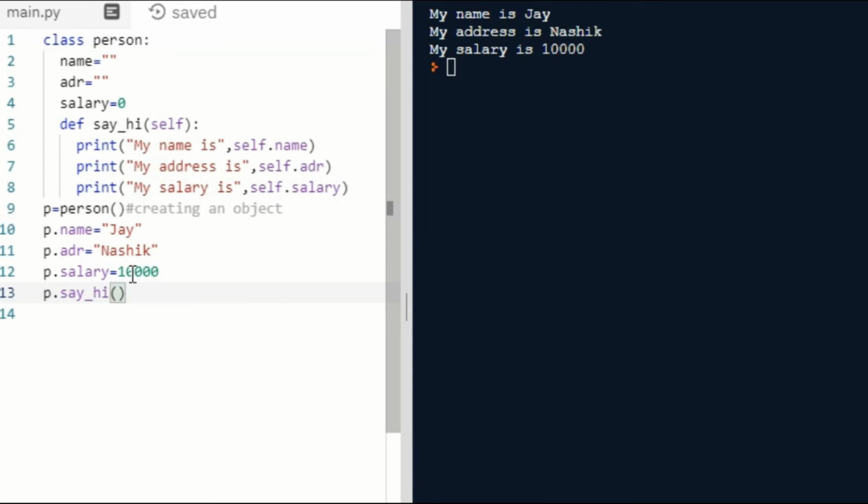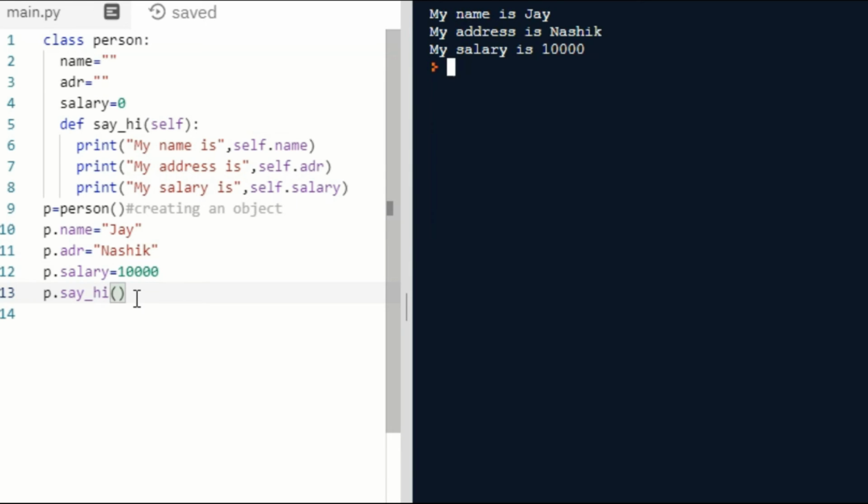Okay, so if I execute this program, we will get the output. In say hi, we have printed the message, my name is self.name. So at this point of calling, P is the current calling object, and while calling say hi, this P will act as self, and wherever I have written self will be replaced by P internally.